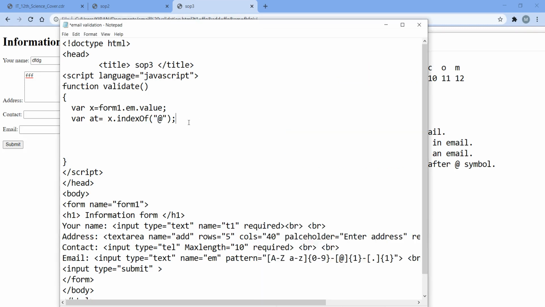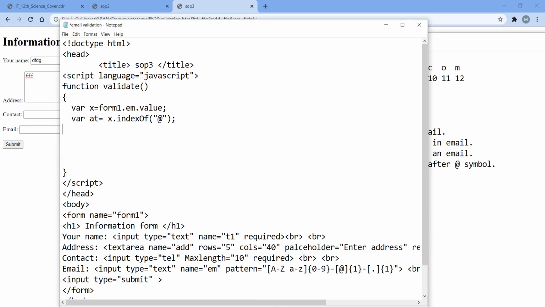In the same way we have to store the last occurrence of the @. So I will use var, and let's give the name at_last, and in that we will store the last index. To store the last index we are going to use the function lastIndexOf, @ in quotes, and a semicolon.